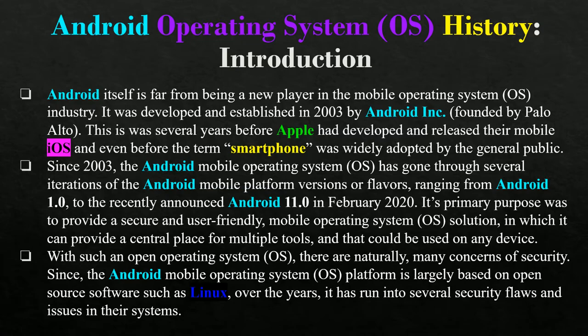A brief history on the development of Android. Android was around before even iOS was a thing. It was established in 2003 by Android Incorporated, formerly founded in Palo Alto. Android has gone through several iterations, ranging all the way from 1.0 to the recently announced Android 11.0 back in